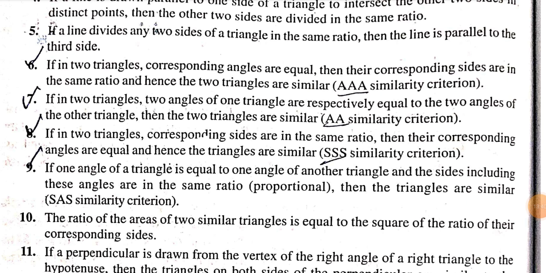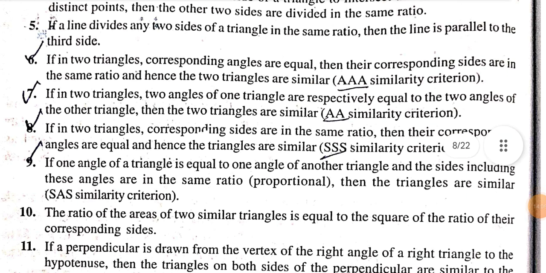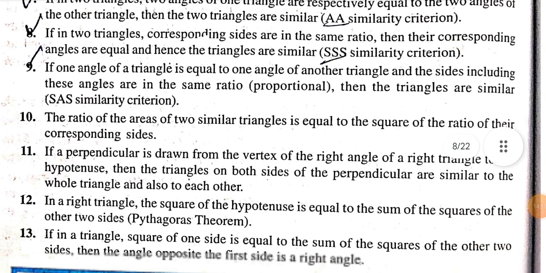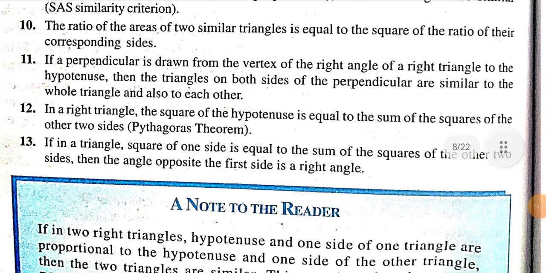AA similarity criterion. 8. If in two triangles corresponding sides are in the same ratio, then their corresponding angles are equal and hence the triangles are similar. SSS similarity criterion. 9. If one angle of a triangle is equal to one angle of another triangle and the sides including these angles are proportional, then the triangles are similar. SAS similarity criterion. 10. The ratio of areas of two similar triangles is equal to the square of the ratio